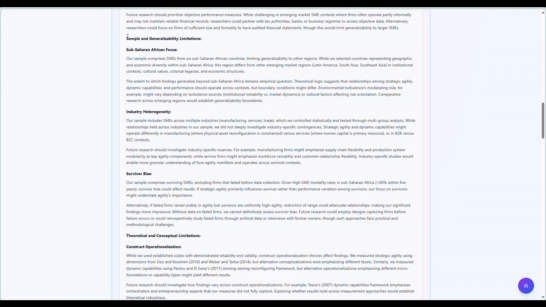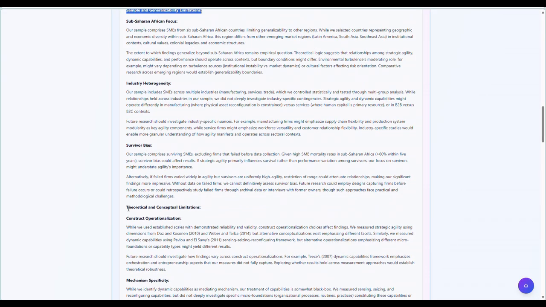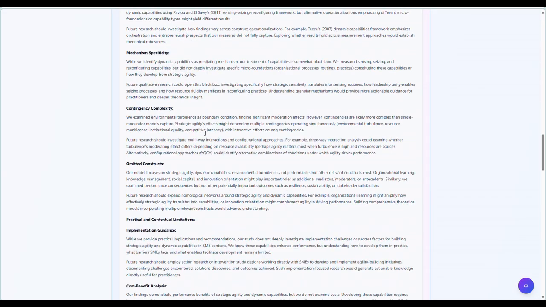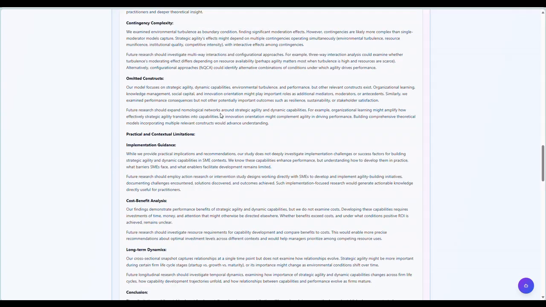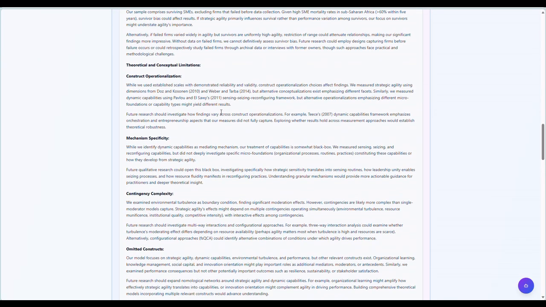We have sample and generalizability limitation, theoretical and conceptual limitation, and practical and contextual limitation. So when you read, you will know how these are being crafted. My study may not have all these limitations, but by the time you read through all this, you will see the one that resonates with your study. We made it so extensive that your study cannot escape any of these limitations.